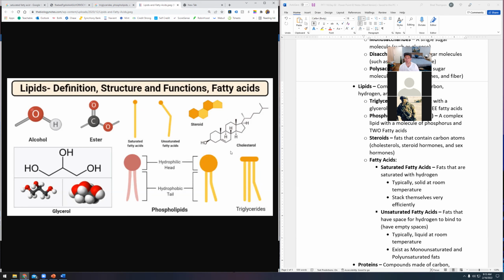And what's really cool about that, and this is true of all fats, is that it makes this type of fat very water resilient on one end and, oh God, I can't think of the word properly, resilient on one end and water friendly on the other. Those are not synonyms, but what you have is this head here. This is what's known as the hydrophilic head. It really likes water, and the hydrophobic end does not.